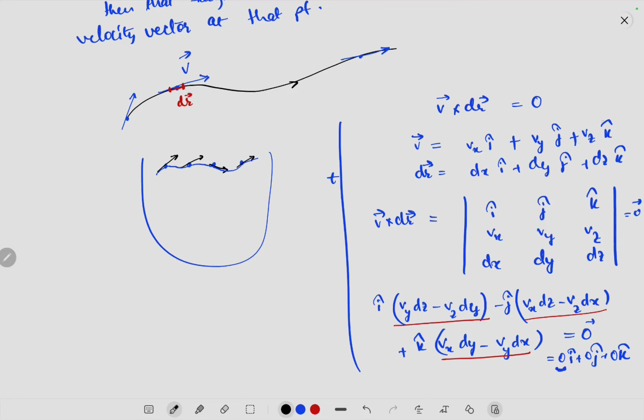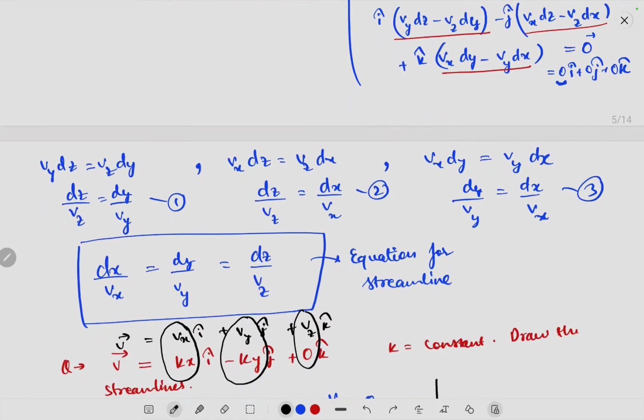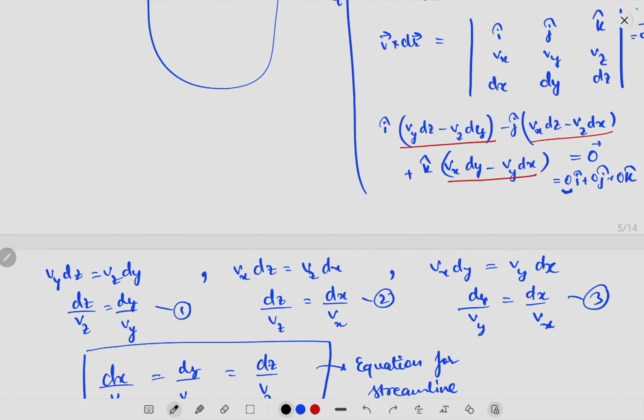Now let's say vz is 0, this will become 0, and I'll not have vz in this expression, in this equation. What I will get is this as 0, wherever there is vz I will get this as 0. Okay, so then what I will get is,